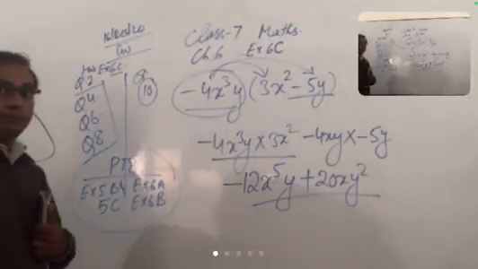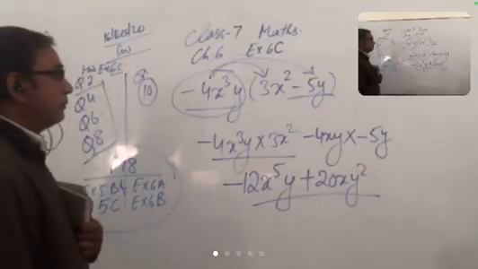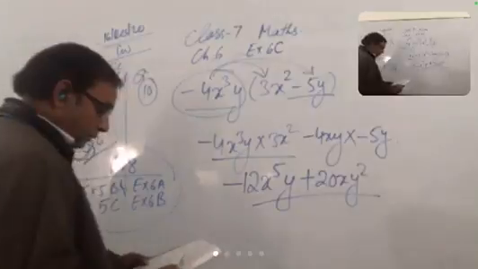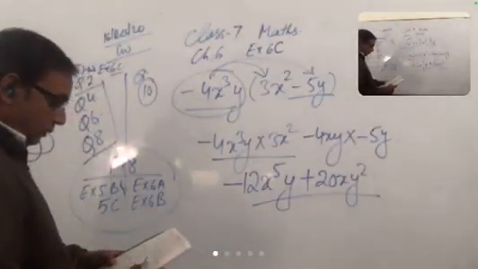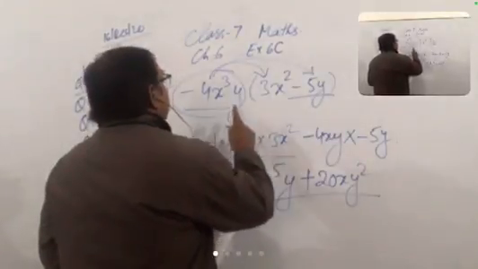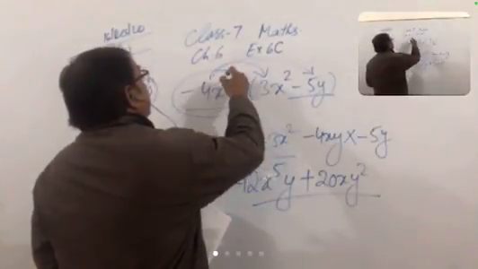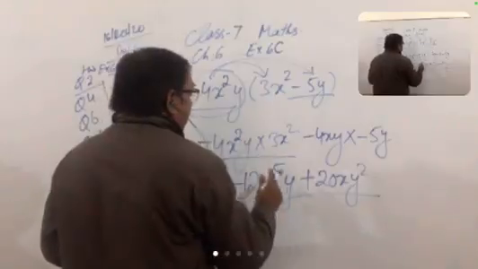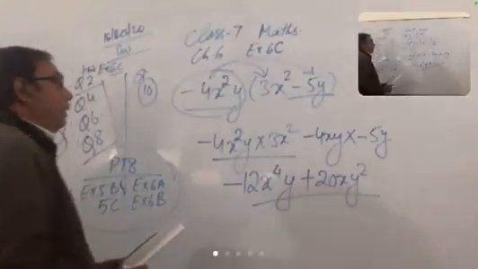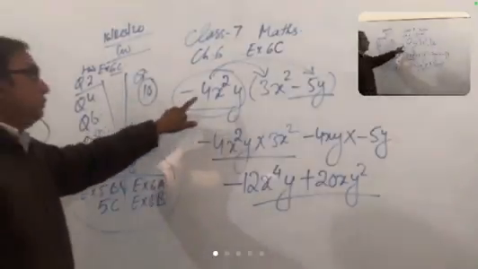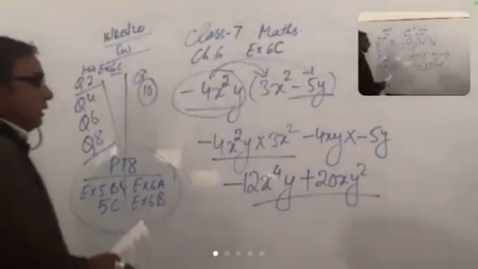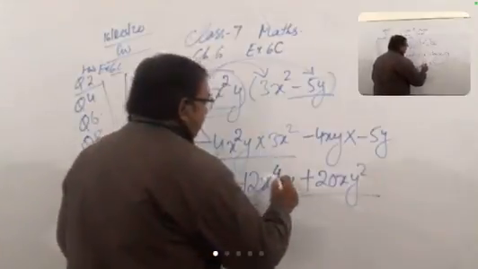Yes? Minus 12x power 4 will be. Why will it be 4? Yes, sir. In first term, there is x square. Not answer. We wrote the question wrong, so the answer is not right. Yes, sir. It means the copy is wrong. Otherwise if the question is minus 4x square y and I multiply by this then 5, the answer is very different because we copied the wrong question.